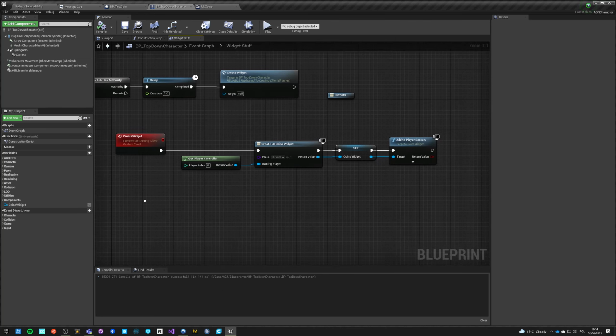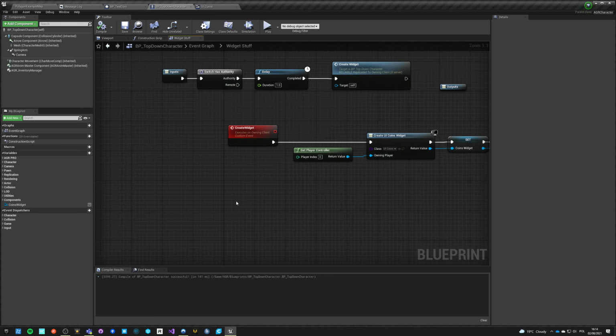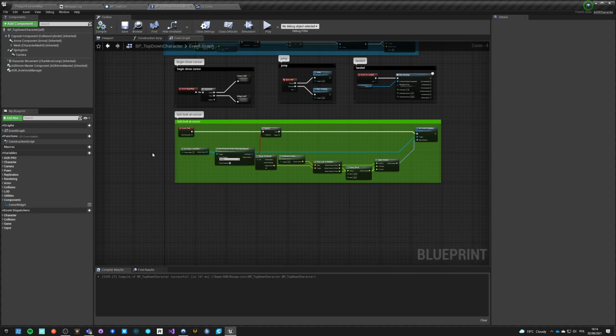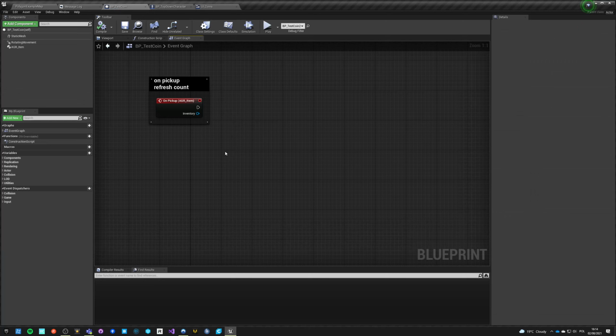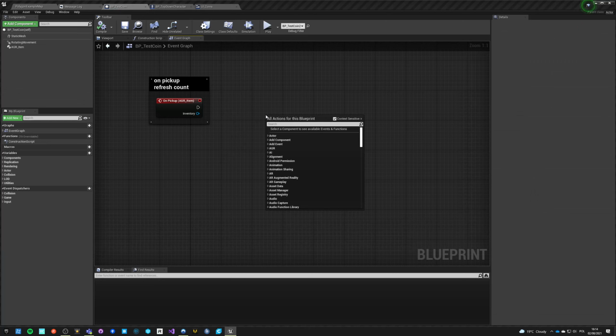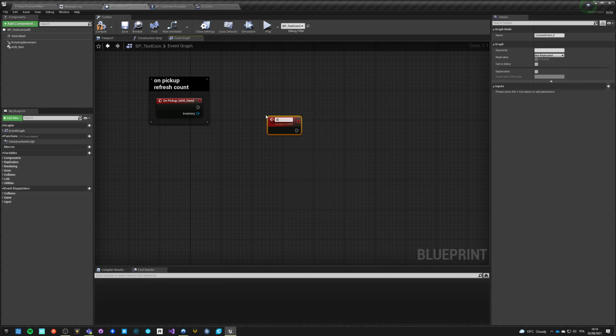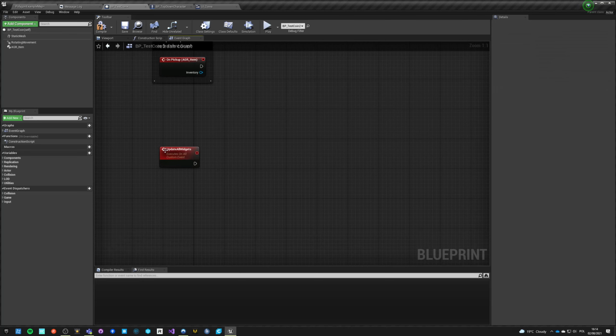Now we need to update the widget, right? So we got this reference and we need to do it by reference. So what we can do really fast and dirty, to be honest, is to make a custom event and say Update All Widgets, and this will not really cost much. We can write Multicast, Reliable,